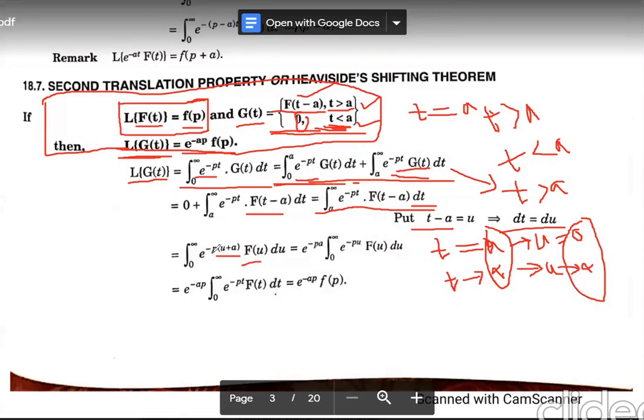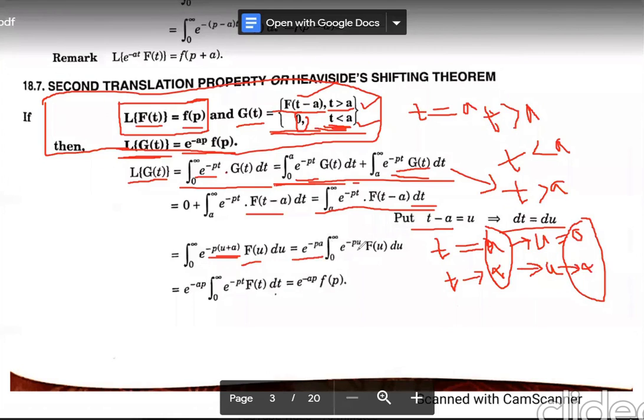Now here p is constant, because integration is with respect to u. So if you multiply, e to the power minus pu into e to the power minus pa. e to the power minus pa you can take outside of the integration, because it is wholly constant. So e to the power minus pa, just take it outside, integration 0 to infinity e to the power